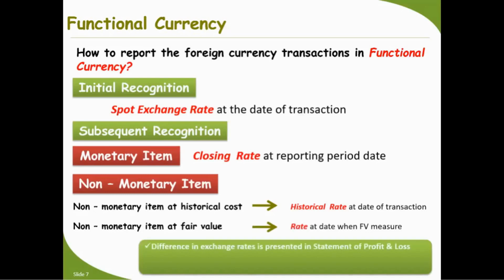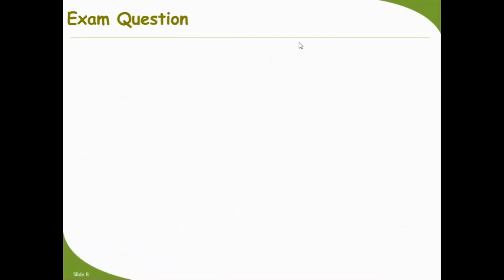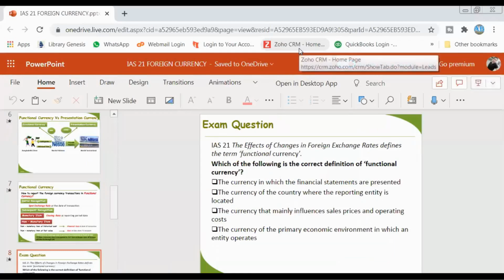Any exchange rate difference is presented either as a gain or a loss in your statement of profit and loss. And if it is a non-monetary item that is recognized in OCI, other comprehensive income, then you will also recognize the exchange rate gain or loss in OCI. So this was the discussion about another standard which is